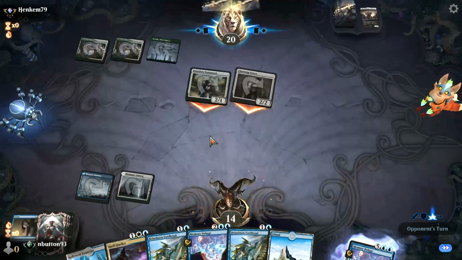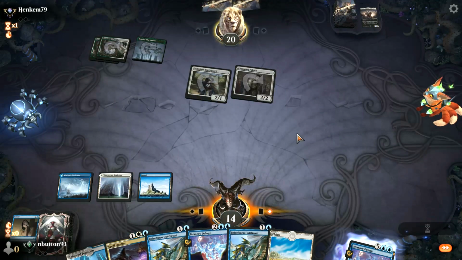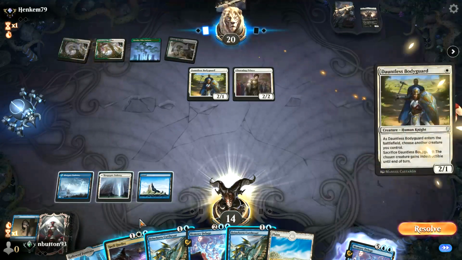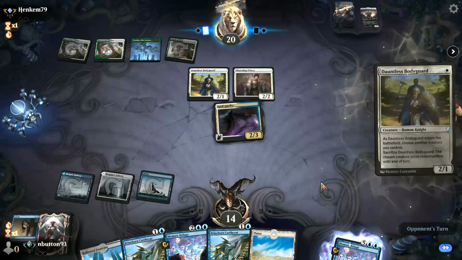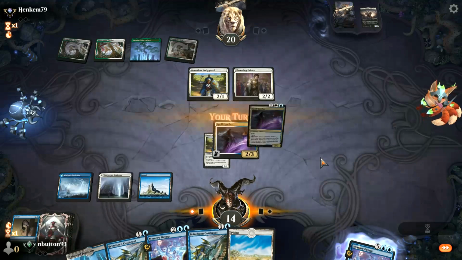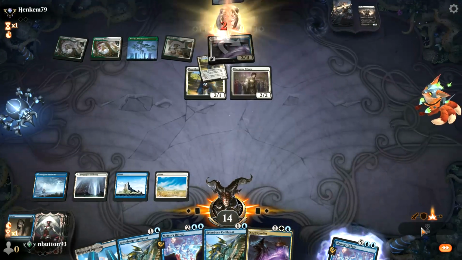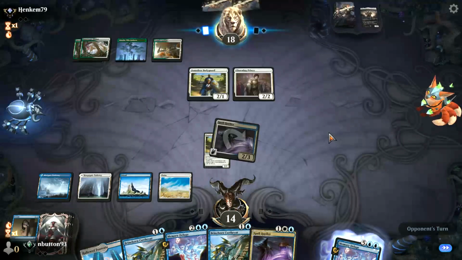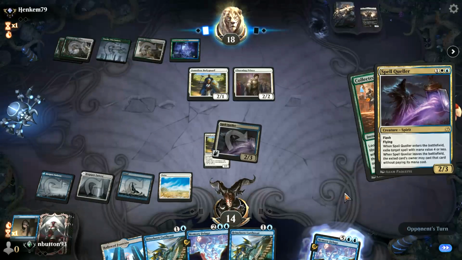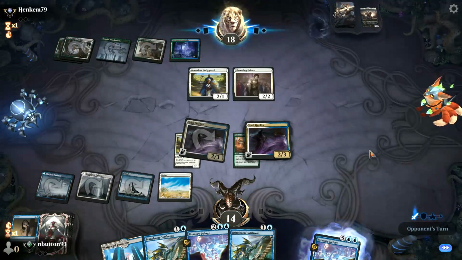So we're in for a bit of a punch of damage here. Yep, we'll just pass again. Hopefully we can Spell Queller something and also prevent their attacks. Yep, we'll take that away. Start getting in on the attack. Ooh, fun. Okay, let's take that one away as well. So this is sort of Bant humans playing Collected Company, which is an interesting...